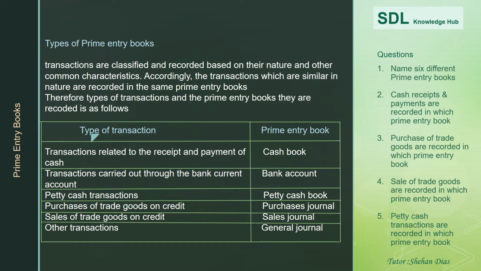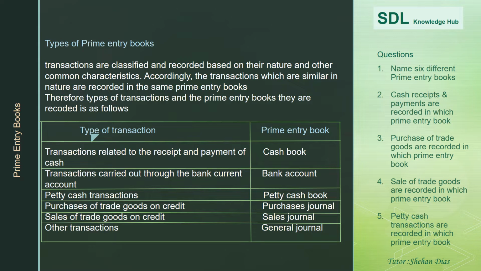Types of prime entry books. Transactions are classified and recorded based on their nature and their common characteristics. Accordingly, the transactions which are similar in nature are recorded in the same prime entry book. So now let's look at the type of transaction and what is the prime entry book that is used to